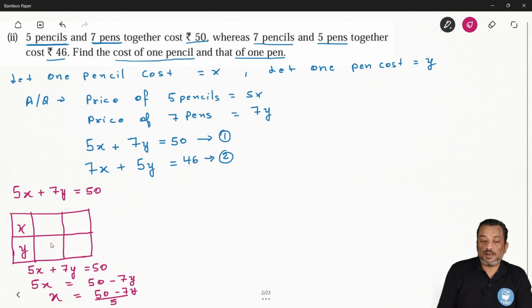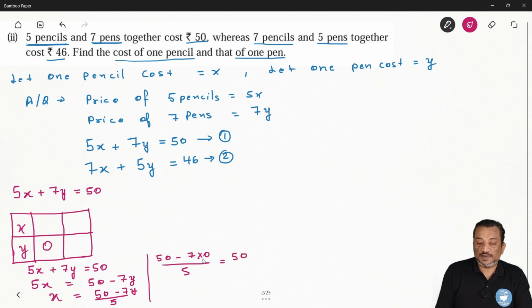ओके, नाउ अब हम y की कोई भी वैल्यू लेंगे। ओके, let we say y value is 0। ठीक है, हमने y का वैल्यू ले लिया 0। तो अब यहां पे आप सब्स्टिट्यूट करो, so 50 minus 7 times 0 over 5. So x you will get how much? Let's see. So you can say 7 times 0 is 0 and 50 over 5 you got 10. So x you got 10. So here we will write x is equal to 10. Same way